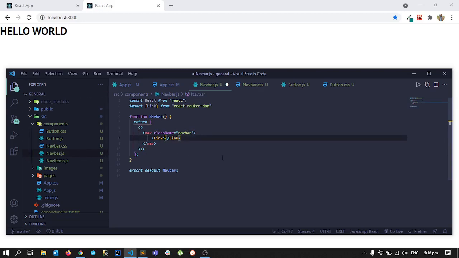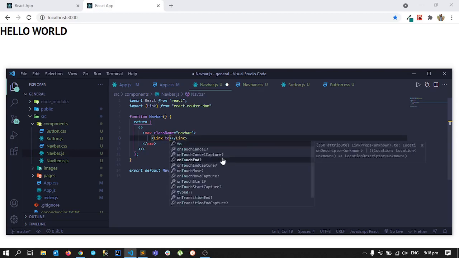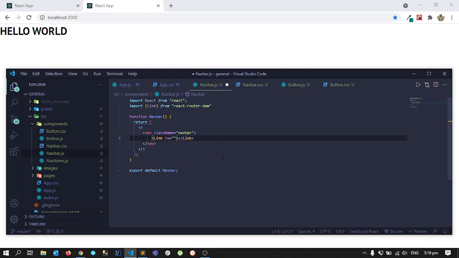We'll give this a path of home, and give it a class name of navbar logo. Here I can write nature and